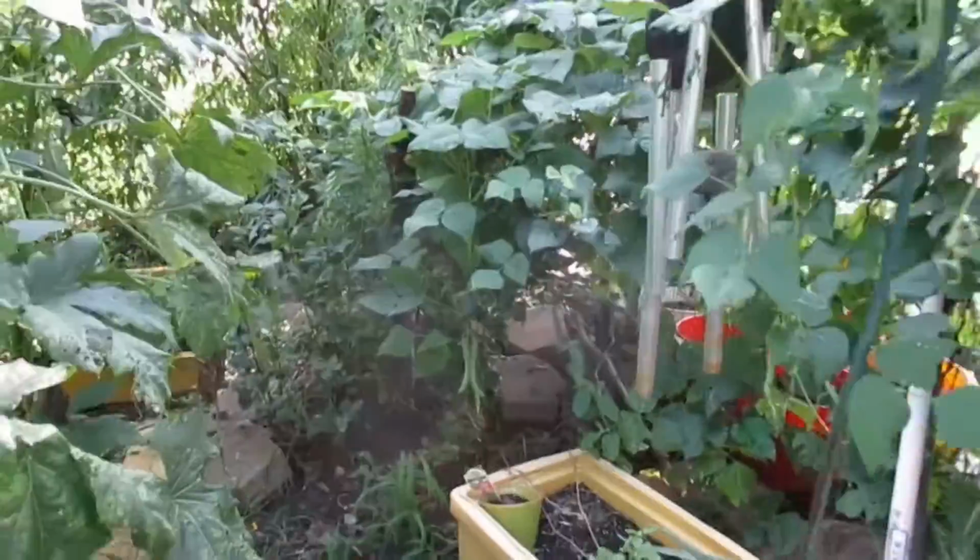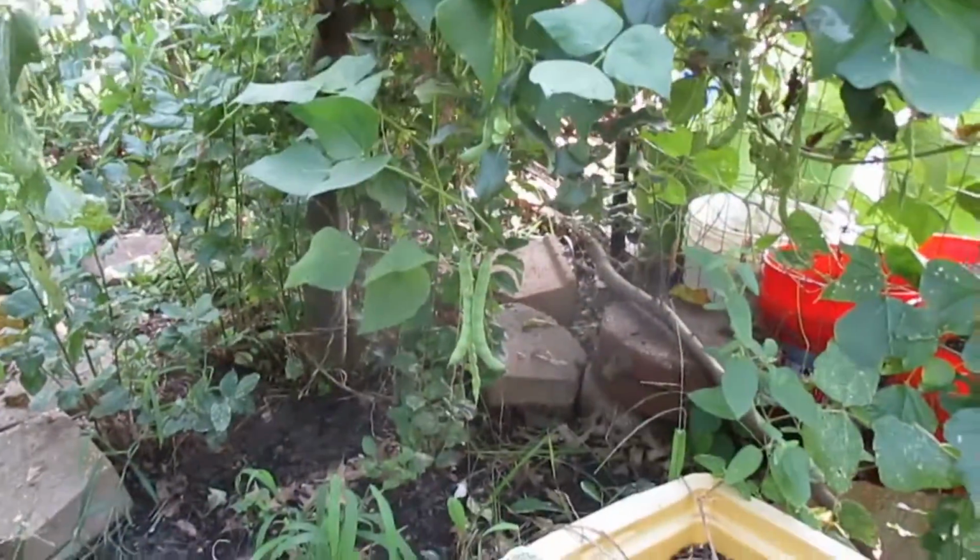Oh, look at that. That's pretty. Those pole beans hanging there. Can you see that? That's kind of the end of it for today. Obviously, I've got a lot of picking to do and a lot of cleaning to do in the garden. And this cooler weather, like today, the top temperature is going to be about 80. And that's nice. We had been getting in the 90s, and that's still a bit warm. But now that we had some rain and just nice weather, this would be a great time